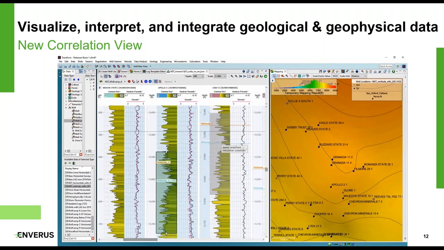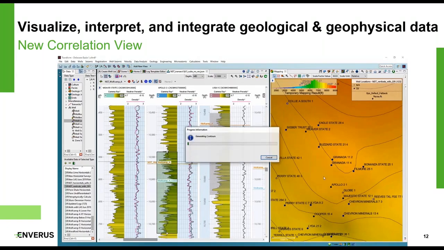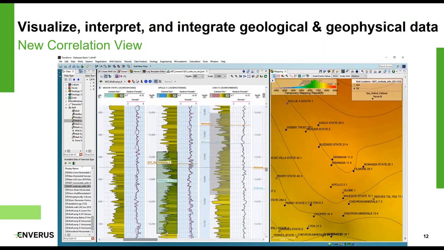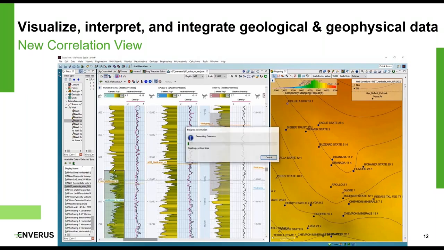Now I've chosen just to do one track. You can do multiples, but I'm using that to match up the log response and make a top interpretation there. And I'm going to make a few. I might intentionally mistie some just so that you can see the map change a little bit more obviously. But you get the picture here that it's a focus on interpretation workflows